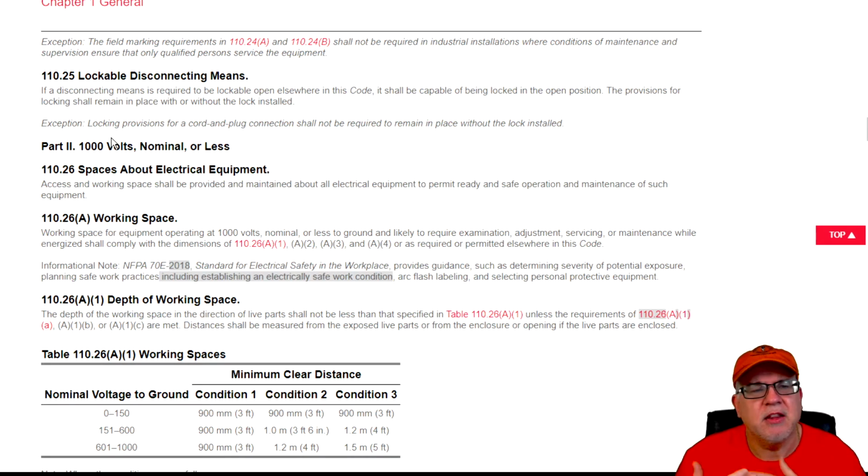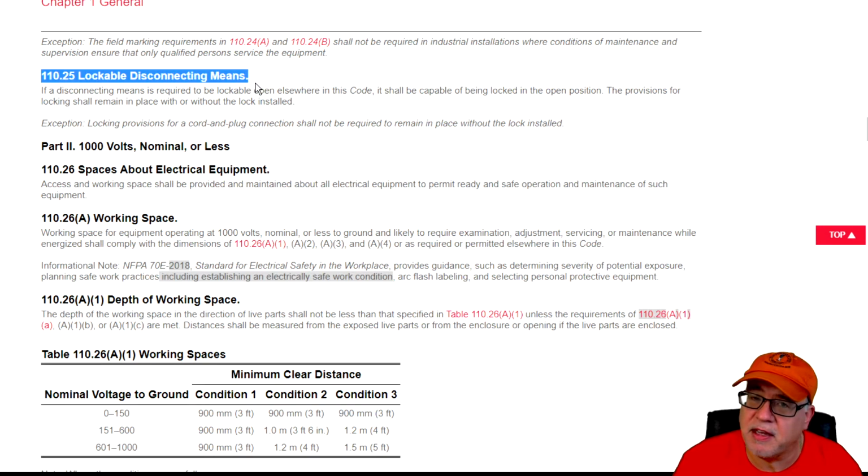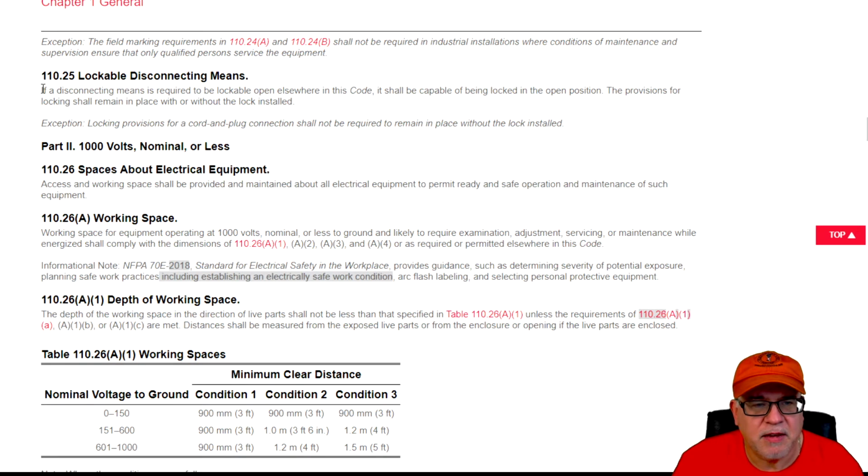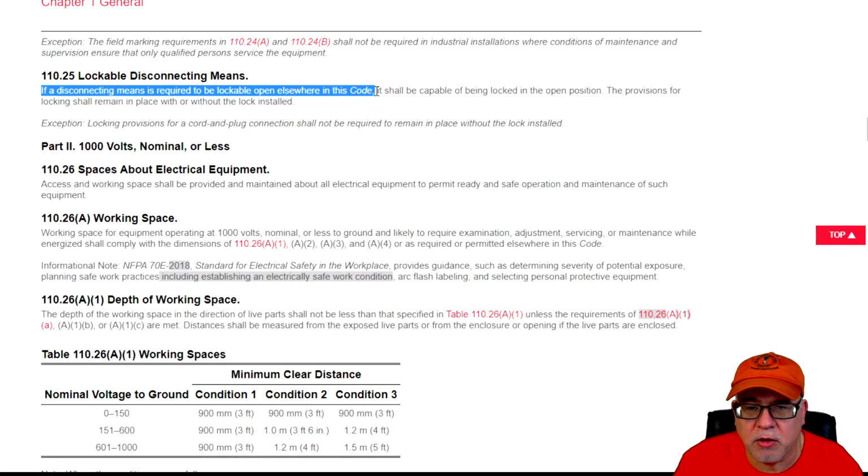And of course, no changes here for the 2020 code with this, but we do need to understand what it is. And this is 110.25, which is referenced in many places in the NEC. It says, if a disconnecting means is required to be lockable open elsewhere in the code, that means when you see that language, it means anytime some other code rule says that something has to be lockable in the open position,